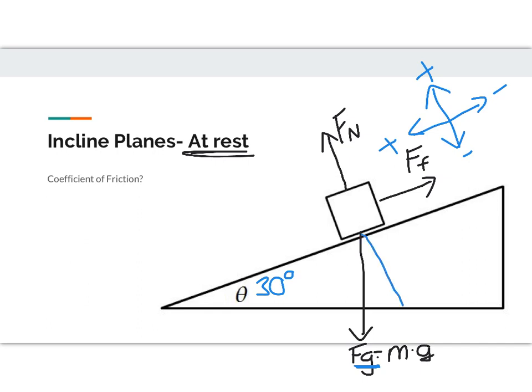It's going to look something like this. Now, because of alternate interior angles, this also means that this is also 30 degrees. This is telling me that this mg, my force of gravity, is my hypotenuse. So if I want to figure out this first component, my y component,